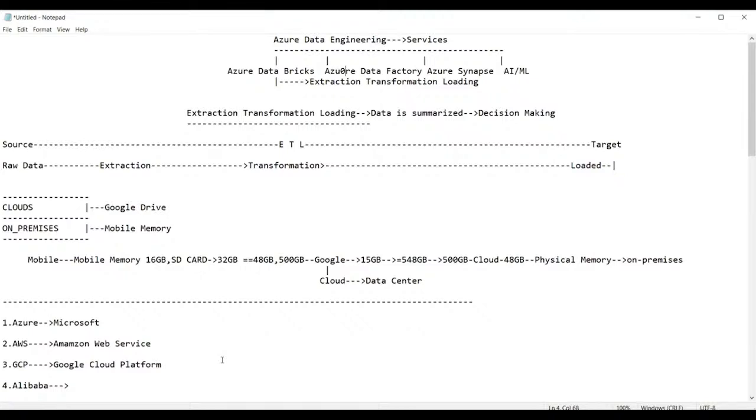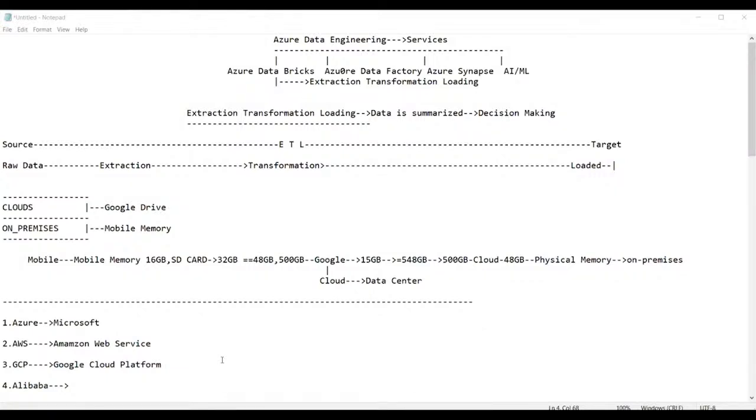Sir, there is a coding part in the curriculum, so do we need to learn coding as well? Yes, of course. Whichever coding is required, we will discuss it in the class itself. Separately, you need not go outside to learn coding. I will explain it to you. It will be easy, not as tough as people think. We will see coding in 4 different languages: SQL, Python, R, and Scala. I'll write the code.